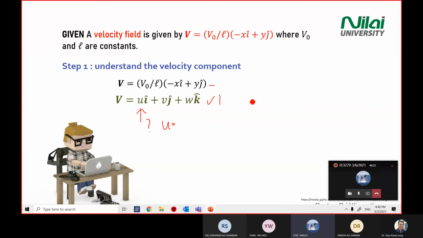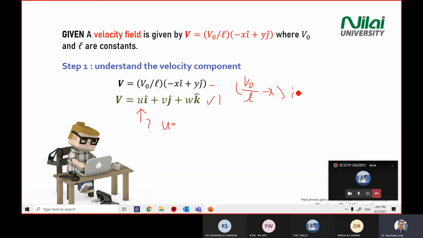I think the U value is the initial value for the velocity divided by the L, is it? Yes, L, the one multiplied with the negative x. Correct. So do you understand, Dinesh and Raj? Yes, sir. If you expand this equation, what do you write? What do you get? V L minus X. If you multiply this one, you get minus